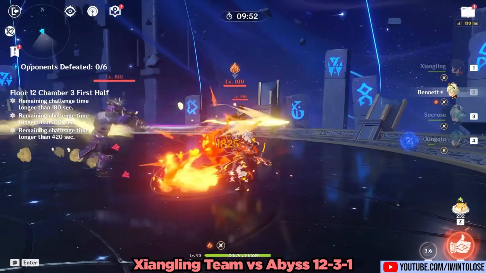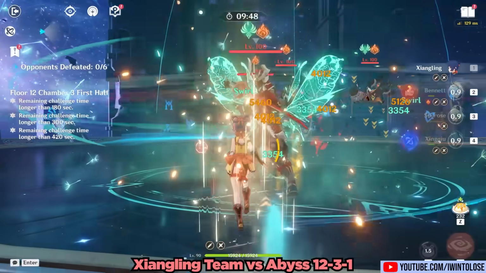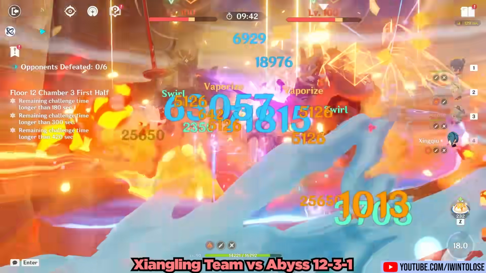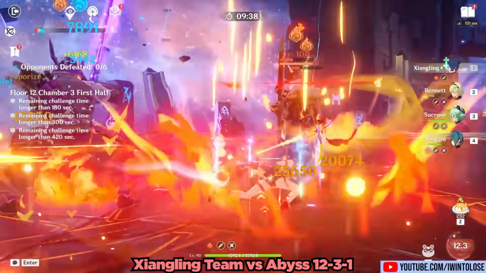Alright, so 12-3-1, definitely the worst chamber out of all of them in my personal opinion, especially because of the second wave. Now, for this one, I just kind of get the samurai guys to dash closer to the 2 gunner guys, that way I can group them up, while also I had to battery Xiangling because she didn't have her burst, yada yada yada. But anyway, once all the pyro's flying everywhere, we can get a bunch of vapes on Xingqiu's